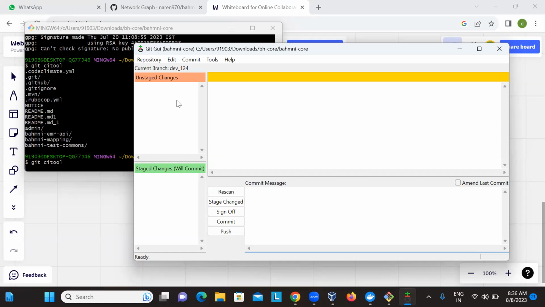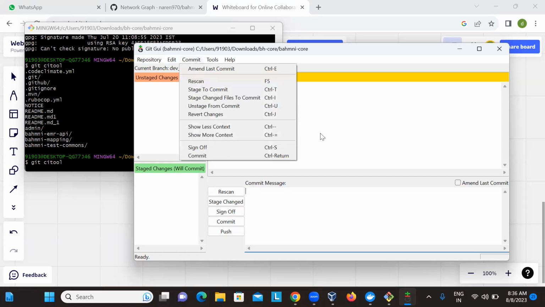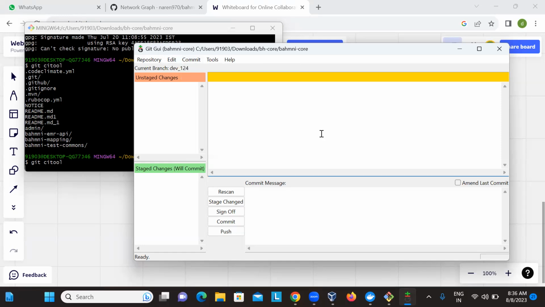Whatever commands that we have done, git add, git commit, git push, the same thing you can do graphically using this tool. This tool comes when you execute git citool. Whoever doesn't want a GUI while committing, adding, and then pushing,